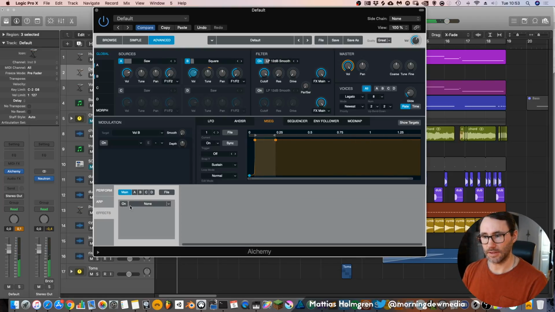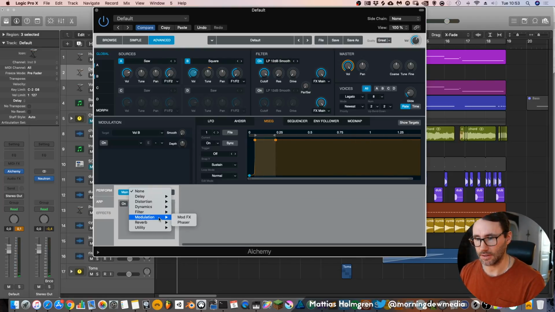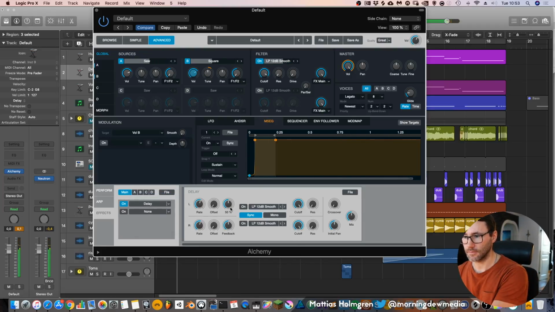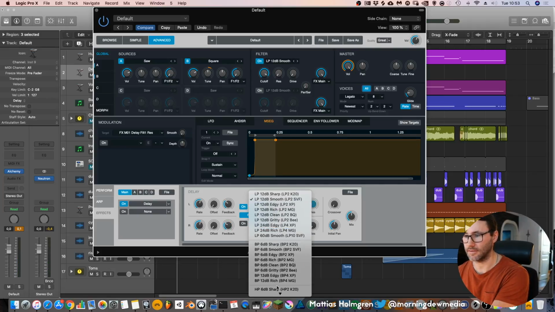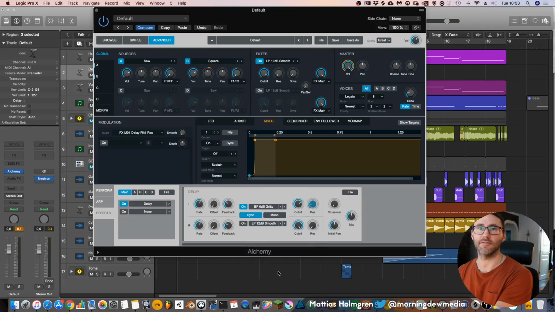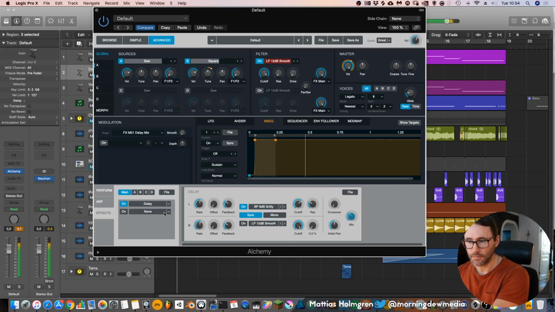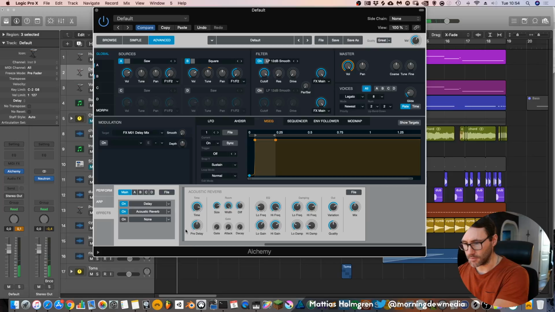Okay, so let's add some effects to this. We can add a little bit of delay. Drag down the feedback and add a low pass filter or a band pass for the delays, so the delay feedback will have a more resonating peak. You don't want these delays to cover your lead sound, you just want them to be in the background. And a little bit of reverb.